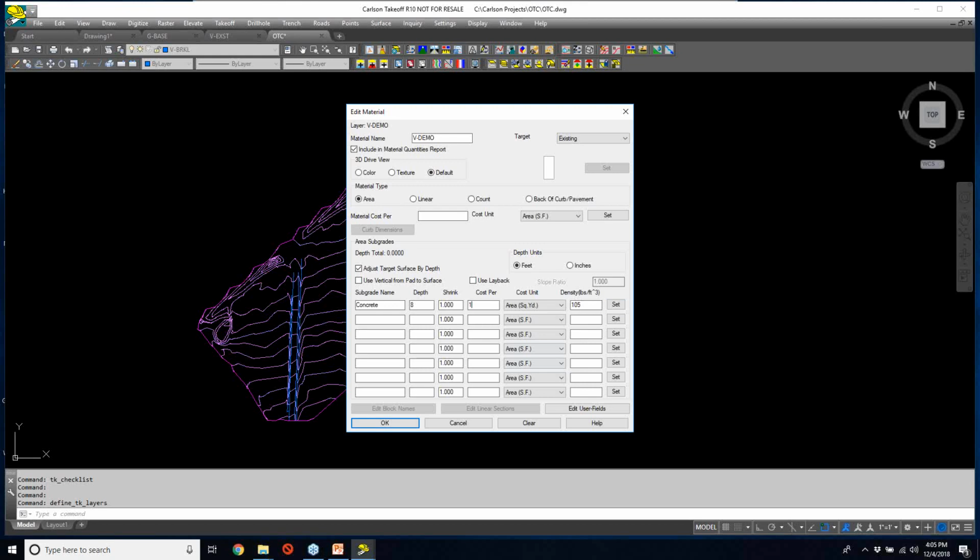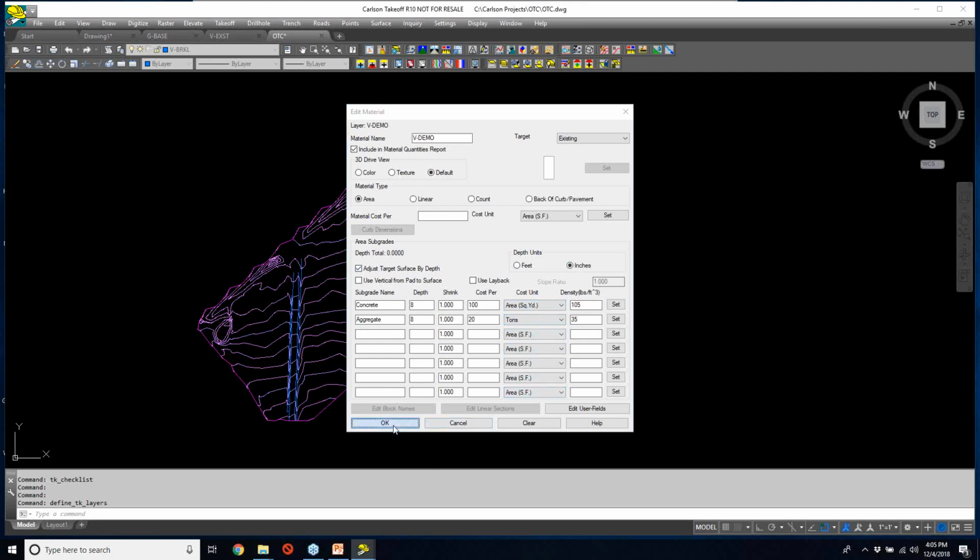Let's make it more. $100 per square yard to get rid of that concrete. And maybe I have to account for another 8 inches of aggregate in here. So let's do aggregate, 8 inches. And that is maybe another $20 on top of that. And that's going to be going on tonnage here now. And maybe that's, I don't know, 35 pounds per cubic foot. And let's just say,